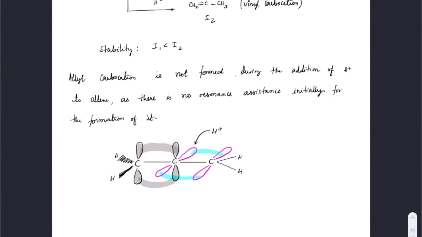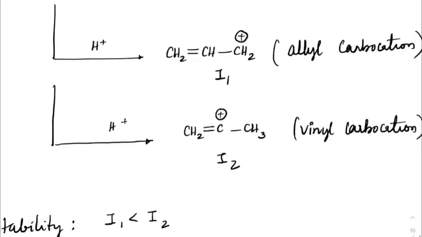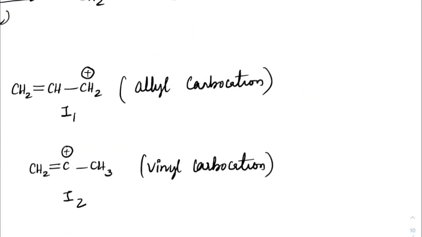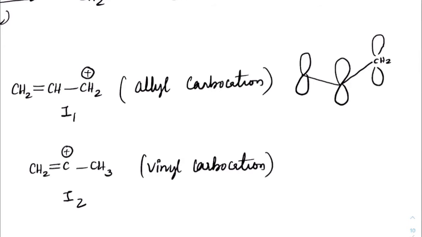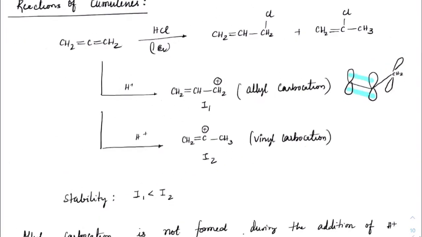So it appears like it is an allyl carbocation, but initially when this allyl carbocation is forming, these pi bonds are not exactly parallel to it. Suppose I put this as an allylic form with CH2 with a pi bond here, with pi bond here, and with pi bond here. Actually, this pi bond is not this way. It is perpendicular to these pi bonds. So here resonance is happening. But to make a resonance formation here, there has to be parallel orbitals, but this orbital is not parallel, rather it is perpendicular. I hope all of you understood that point.